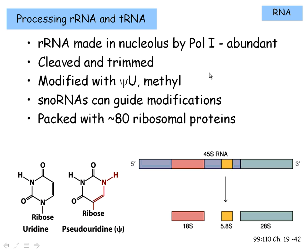There's a specific structure in the nucleus called the nucleolus, or nucleolus, depending on who you learned it from, meaning the little nucleus. It's a little dense spot inside the nucleus that's specialized for ribosome transcription and synthesis and assembly. It is, as I said, a very abundant RNA by comparison to the others. The initial transcript is going to be of a particular size that's characteristic